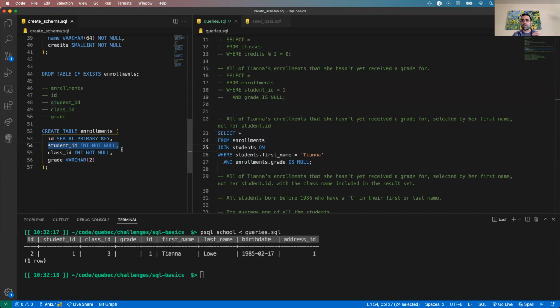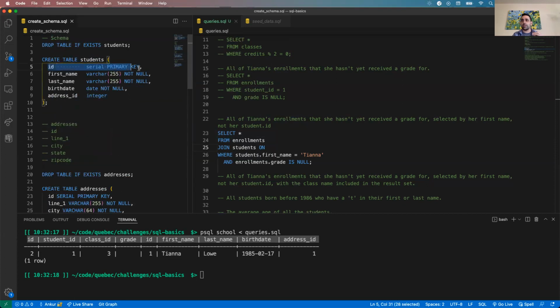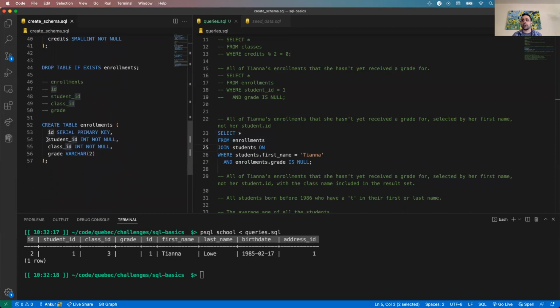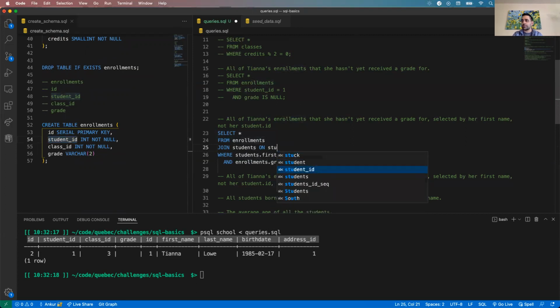right? This student ID should refer to the ID in my students table, because that's how our data is segregated, right? Students has all the student information with a unique ID that we can refer to. And then this student ID should be pointing to some student in that table. So to match that up, we'll say enrollments, or you can do it either way, but I'll say students.id needs to match the